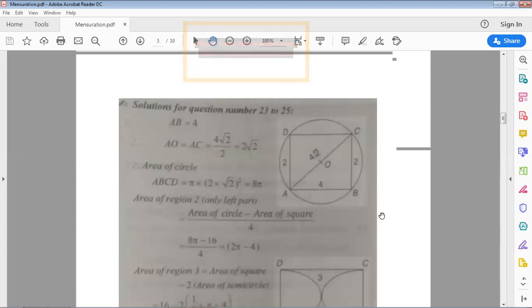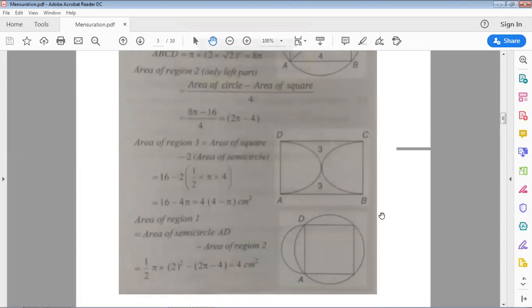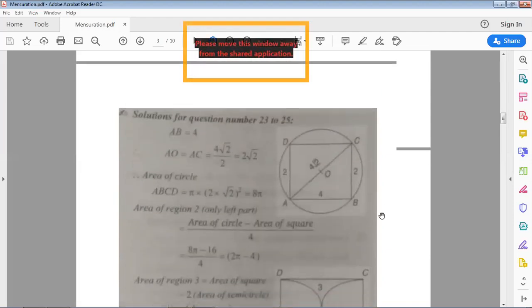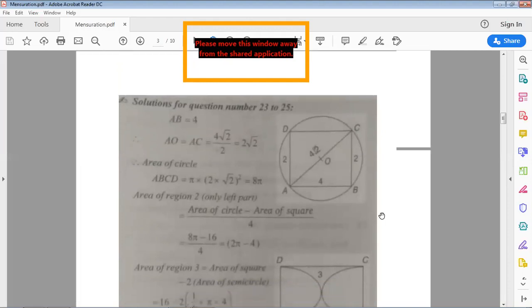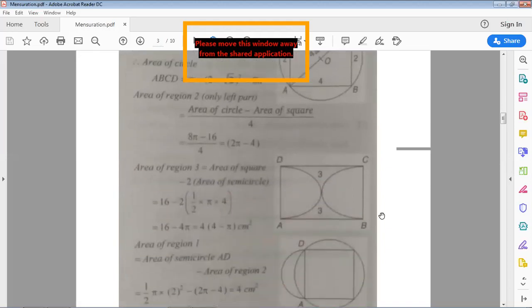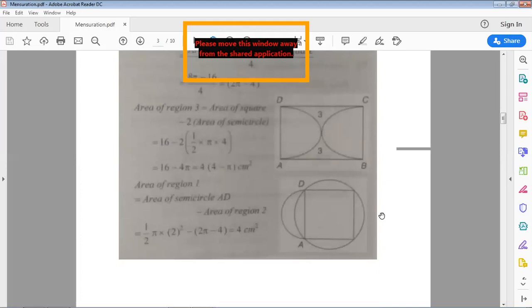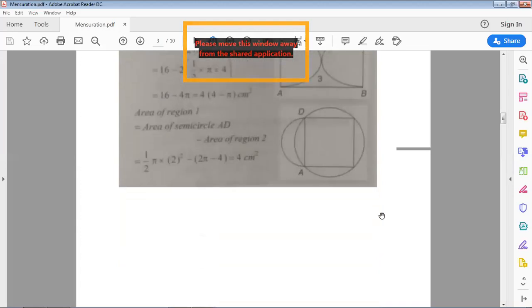So with this process, we can calculate the area too, and calculating the other areas is simple. The most important part of this question was calculating the area of region 2. You will all be getting this PDF later. If you have any doubts in it, you can mail me. I will give you the mail ID at the end of the class.